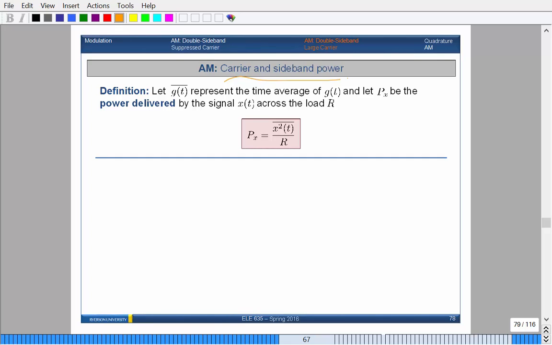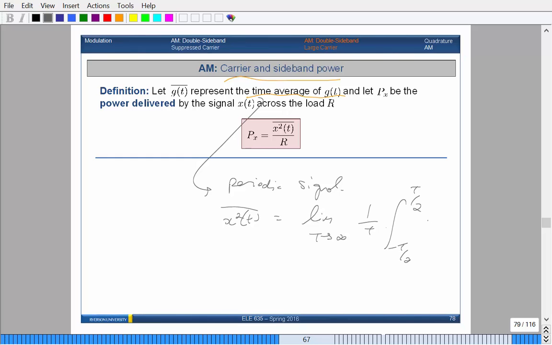Okay, so definition: g bar of t represents what's known as the time average of g of t. Let P be the power delivered by the signal. In terms of time average, the definition is the following. This is assuming a periodic signal, and the definition of the time average is the limit as T approaches infinity of 1 over T, integral from minus T over 2 to T over 2 of